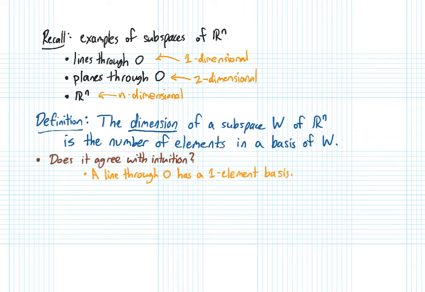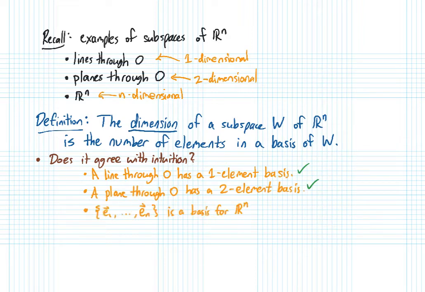And luckily it does. For example, if you have a line through the origin, then you can take any non-zero vector on that line, and that will give you a one-element basis for the line. So this definition would tell us that the line is one-dimensional. And if you have a plane through the origin, or at least in 3 dimensions where you can visualize the picture, you probably should be willing to believe that you could pick any 2 linearly independent vectors on that plane, and those vectors would provide a basis for the entire plane. And so that's a basis with 2 elements,